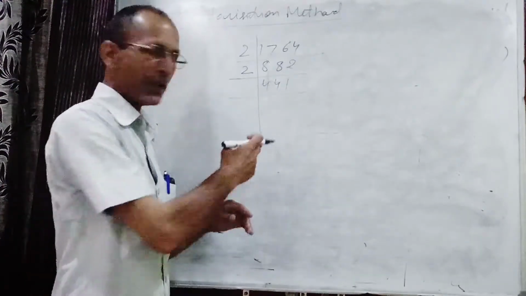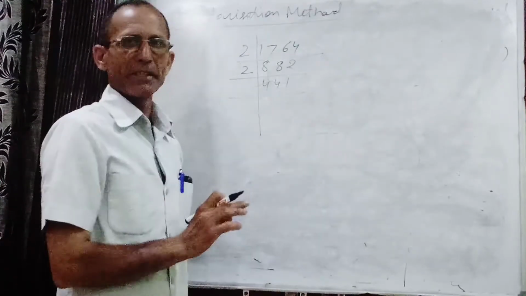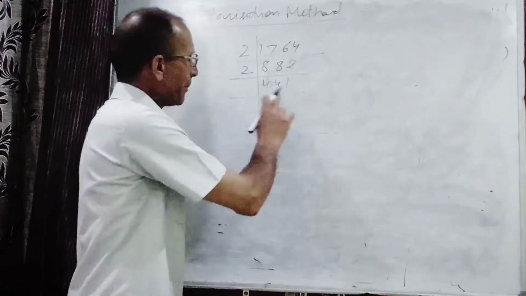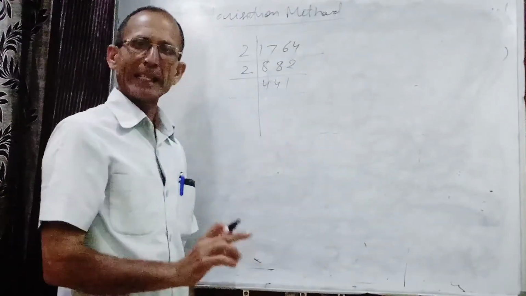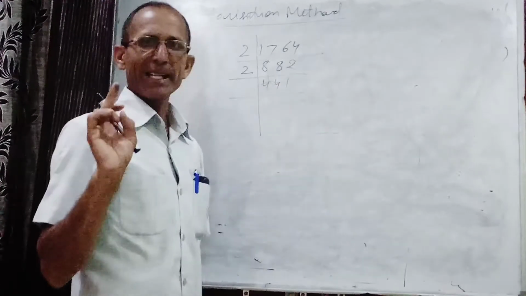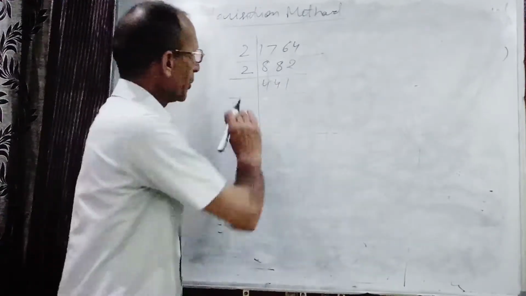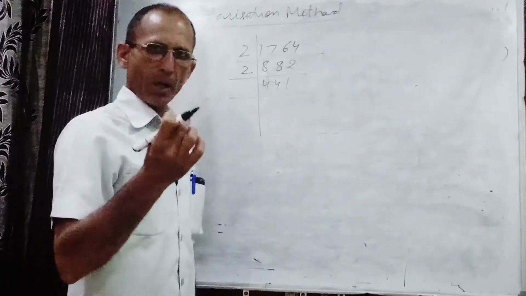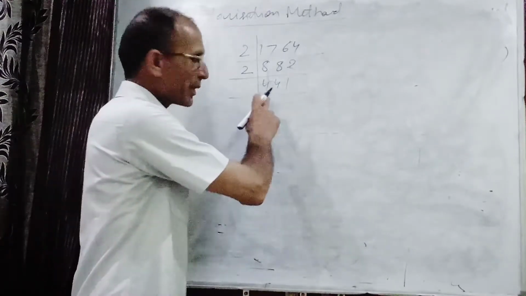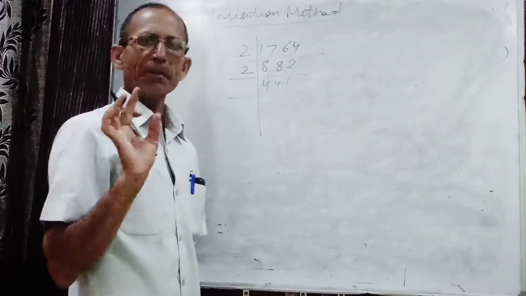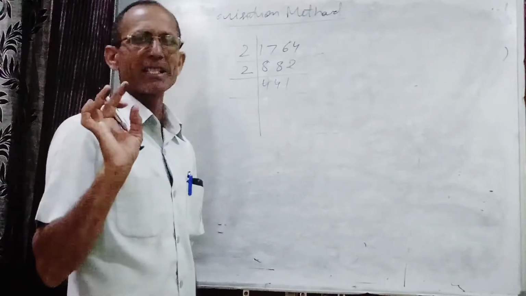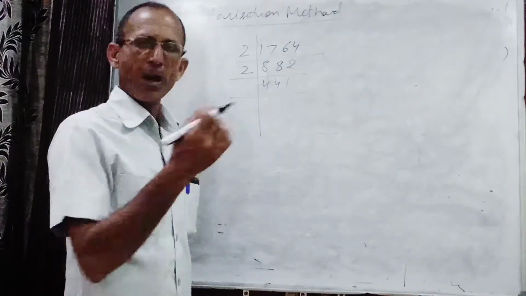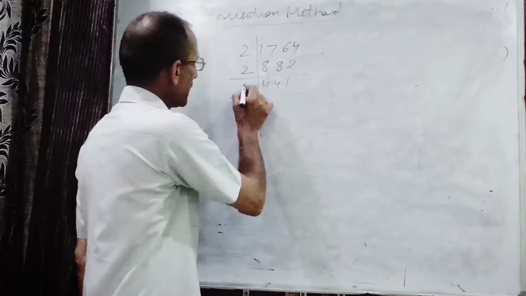Now we will check by which number it will be divisible. Now the rules of divisibility. Add the digits: 4 and 4 is 8, 8 and 1 is 9. The sum of the digits is 9. 9 is divisible by 3, so the whole number will be divisible by 3. Have you understood? The rule of divisibility by 3: if the sum of the digits is divisible by 3, then the whole number also will be divisible by 3. So the total sum of these digits is 9, so this number will be divisible by 3.